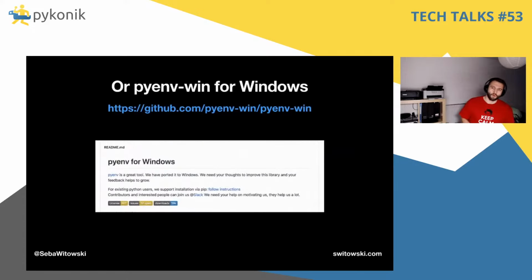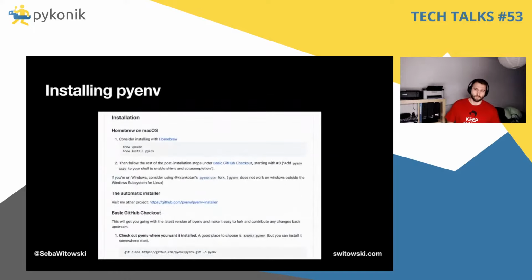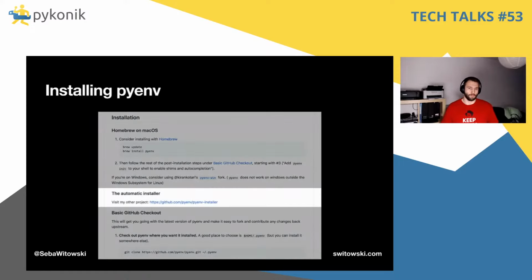While pyenv will work for macOS and Linux, if you're using Windows, check out pyenv-win. It's a port of pyenv for Windows. It might not have all the features that standard pyenv has, but it has the essential ones. You can install pyenv with Homebrew, you can clone it with Git and then manually set up a few things, or you can use the pyenv installer tool. This last option requires you to just run one command in your terminal. It will install pyenv and some additional plugins that make pyenv even more useful.